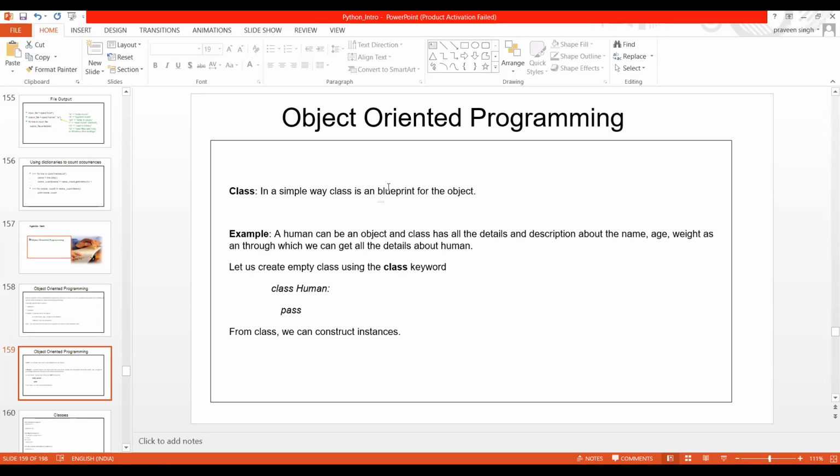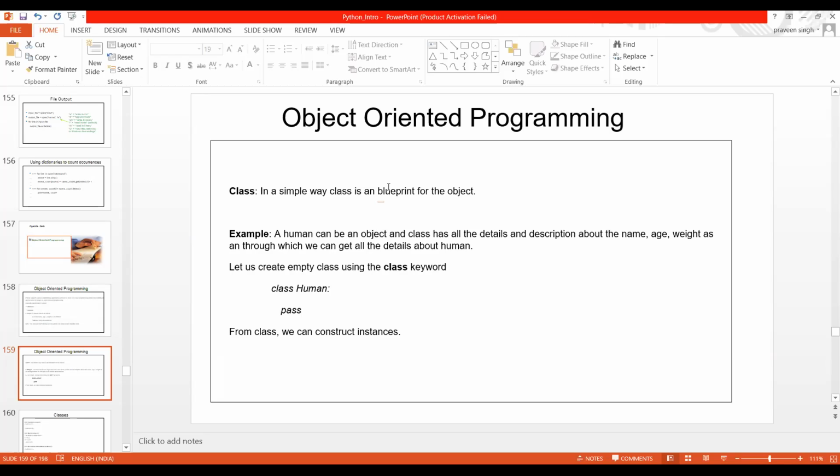Now in the same feature, you won't get a manual. You just get one sort of sticky note, or maybe you can say one sort of paper, where you will just get: with this you can just open the door, with this you can just close the door, with this you can just maintain your freezer, or maintain your temperature, something like that. Okay, so this is nothing but the blueprint.